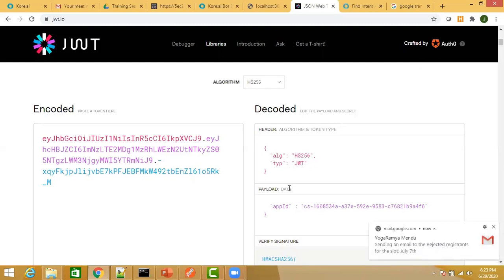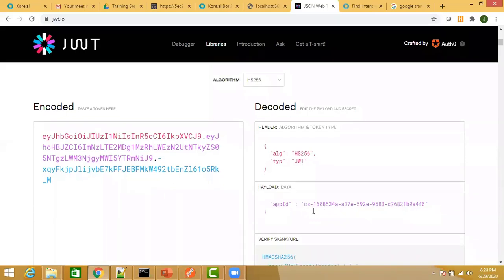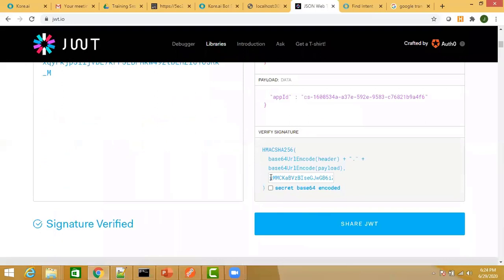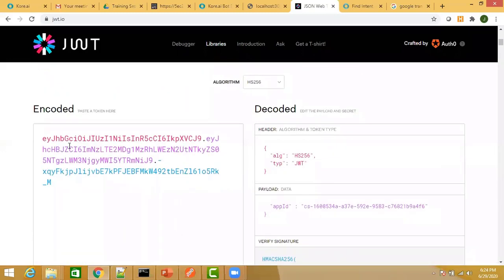Okay, but using that, what you can do over here is you can generate your JSON web token. The payload for generating the token is appId followed by the client ID, and the secret, the verify signature part, this place you need to provide your client secret. Once you do that, you get your JWT generated.